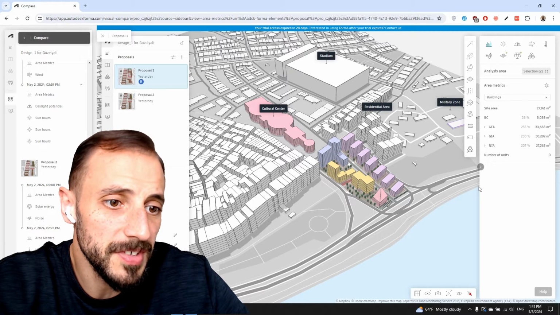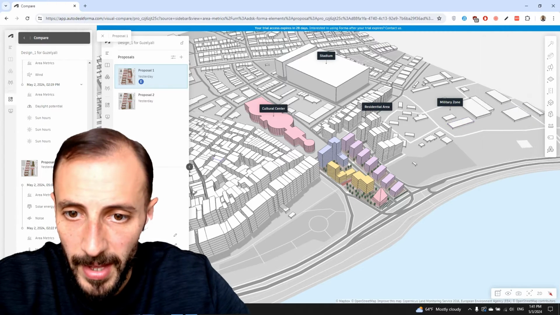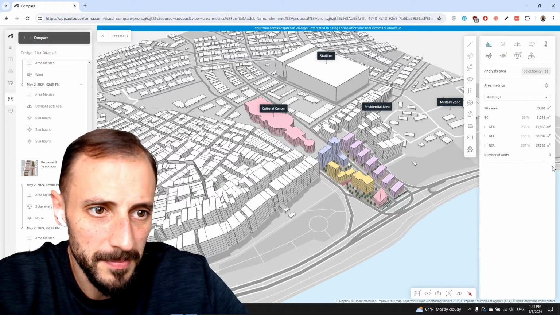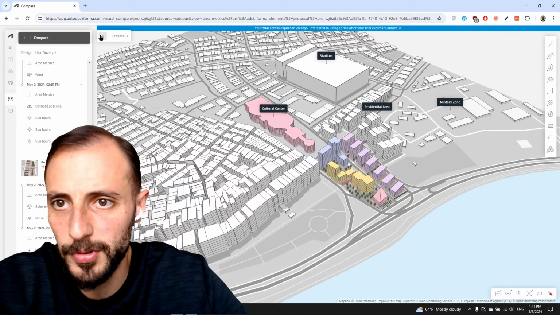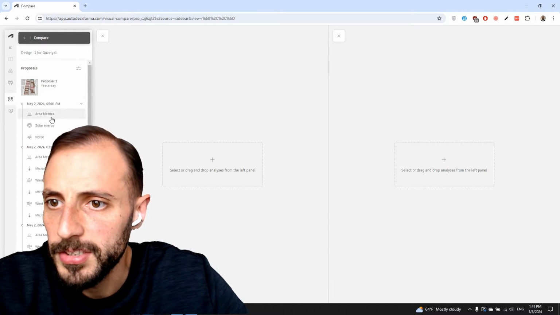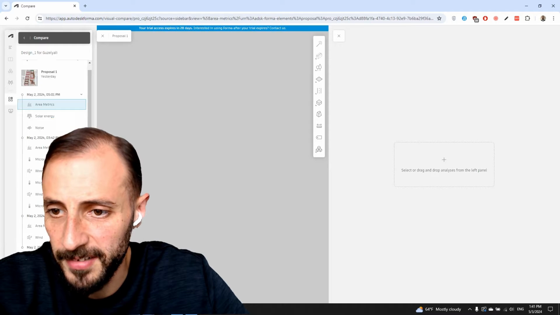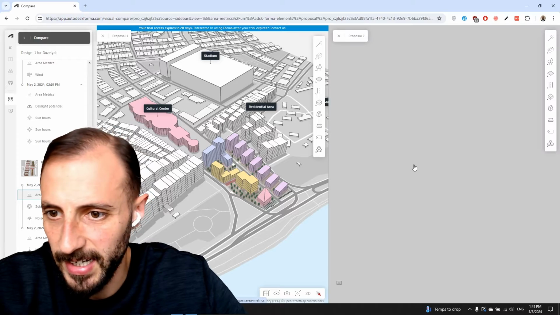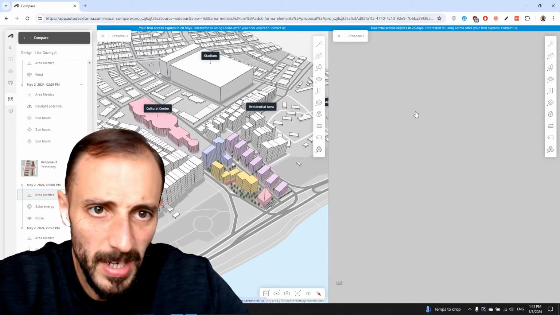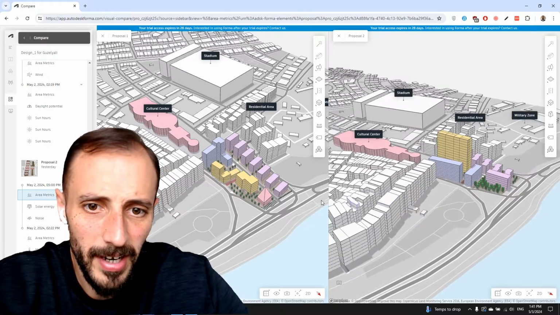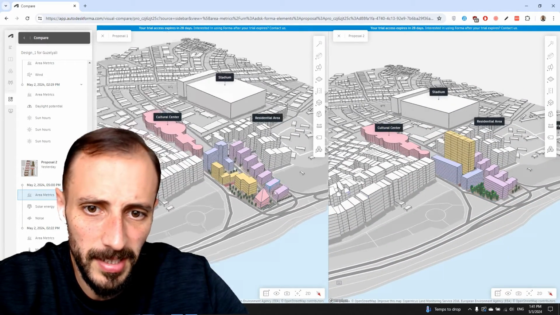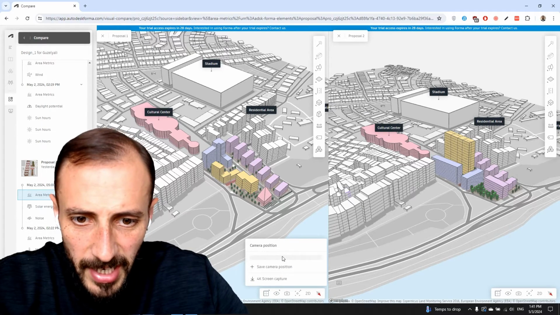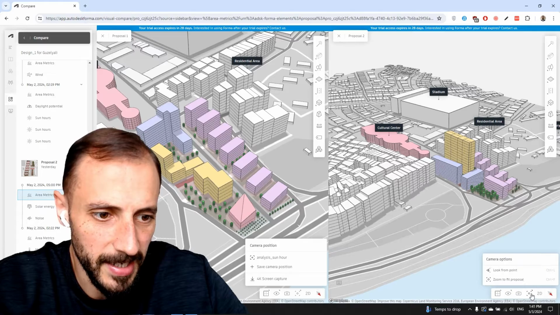So what we need to do is we need to turn these all in and put this in and then add a proposal here maybe. Oops, not like this. Okay, let's turn this off as well. So drag this guy here, and for the proposal 2, dragging this guy here as well. And what we are going to see now here, when I rotate this, they're not being rotated at the same time. However, I can create the camera position as I mentioned at the beginning,